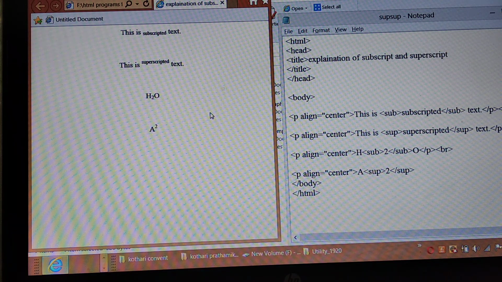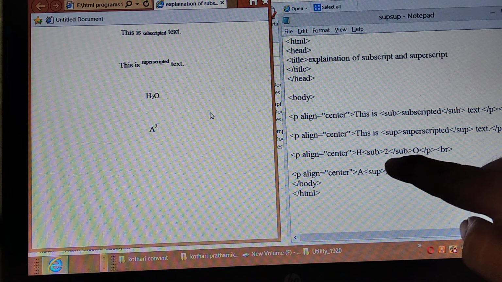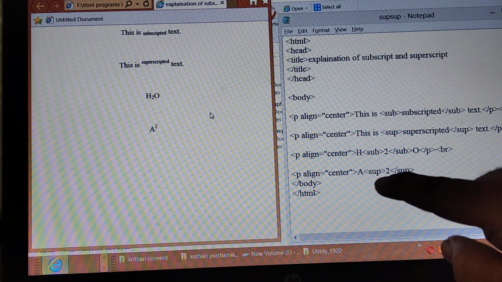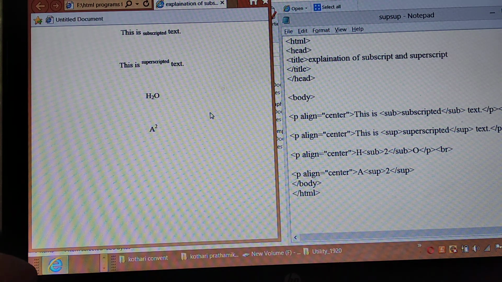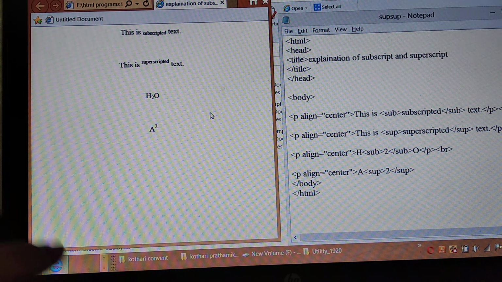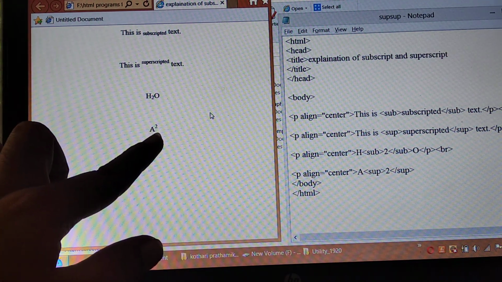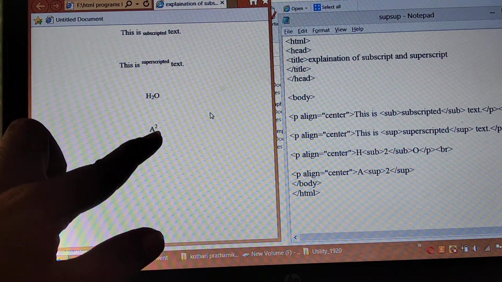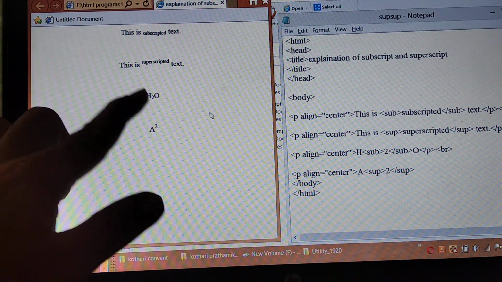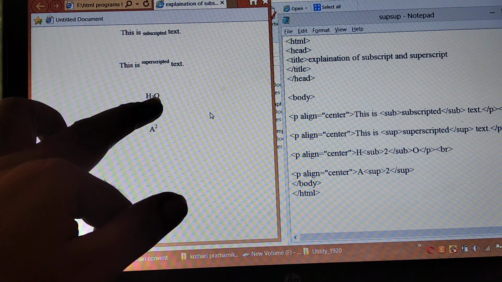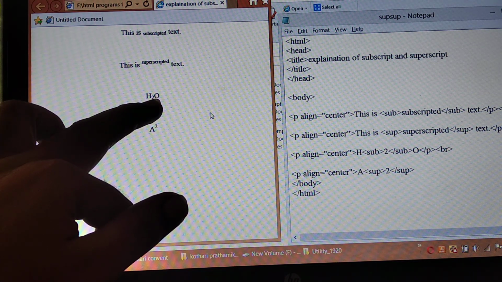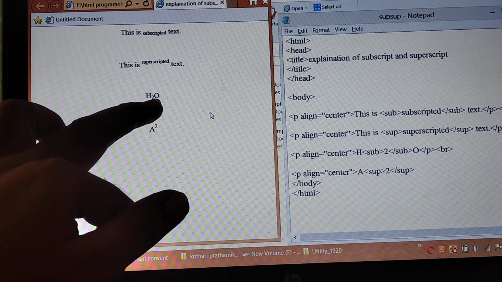So just I have placed the tag sub before number 2 and sup before 2 whenever I want to display the text like a subscript and superscript. A square will be useful as a superscript for the number 2, and H2O in this formula the number 2 will be displayed at the suffix.